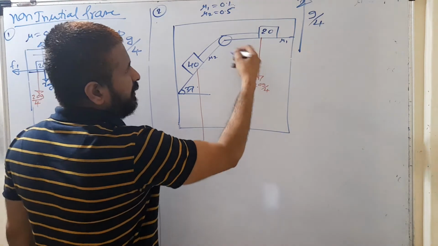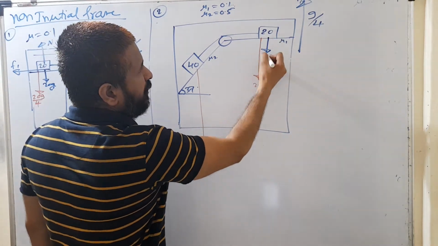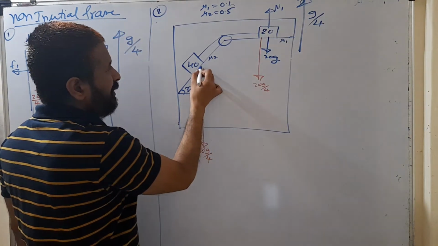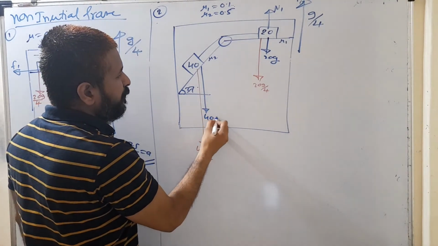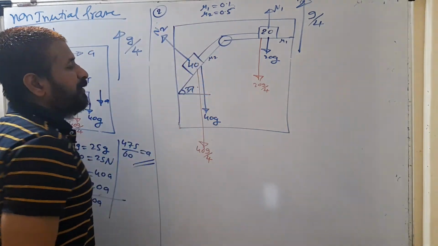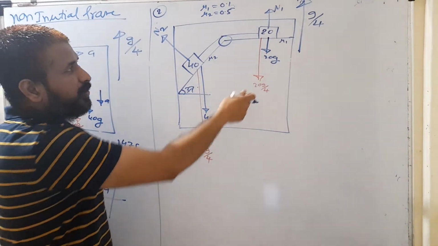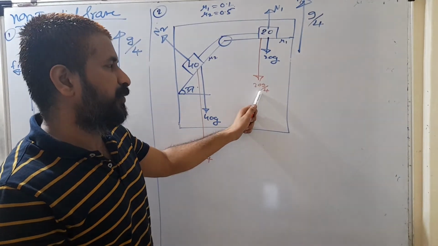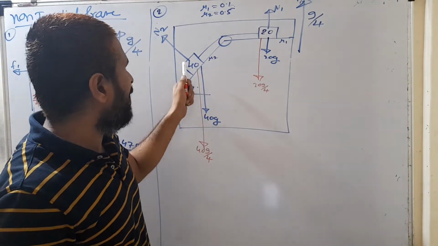Now show the weight, other forces. इसका weight कितना होगा 20 g. It is going to get a normal reaction force N1. इसका weight कितना होगा 40 g. But it is getting normal reaction in this direction, that is N2. So N1 you can get directly, because N1 is equal to 20 g plus pseudo force. तो N1 में problem नहीं, problem किसमें N2 में.